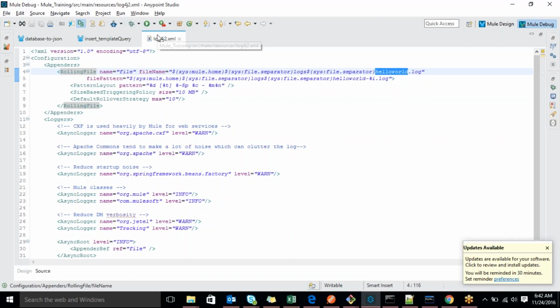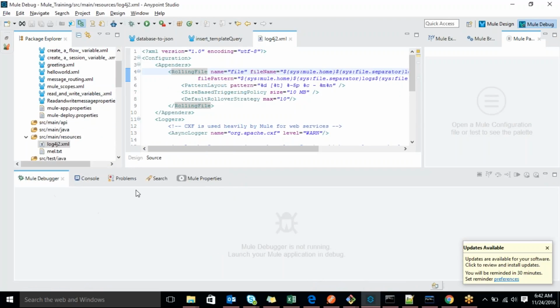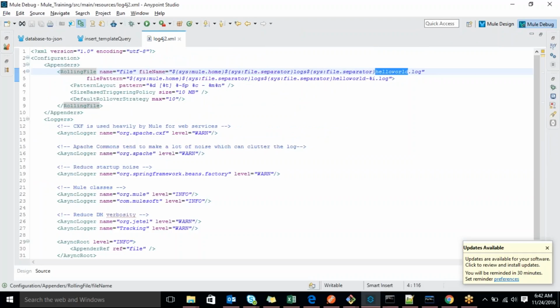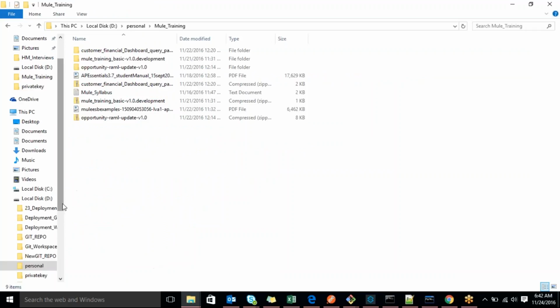Here we are deploying into the Jetty server. Internally, Anypoint Studio has some server; we can deploy to that server and see the log console here itself. Suppose once you deploy into the MMC server, then based on this name, it will generate the log. Once I will show you that part also, where it will generate.